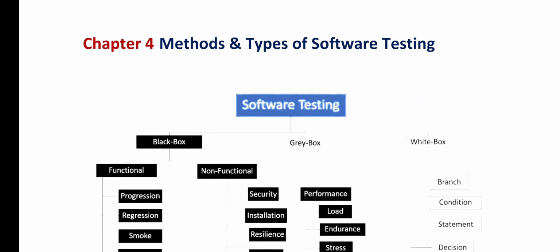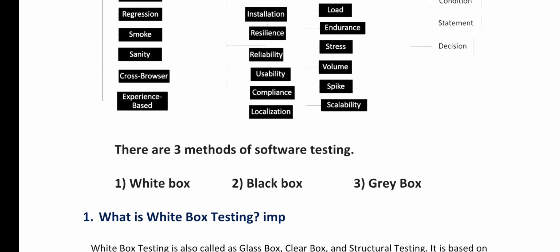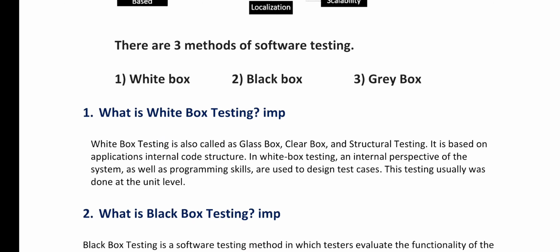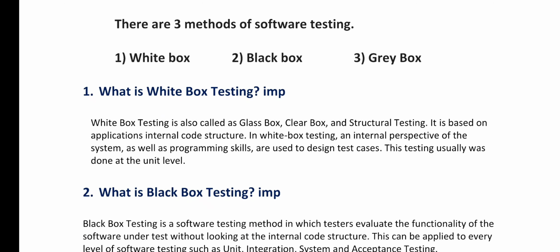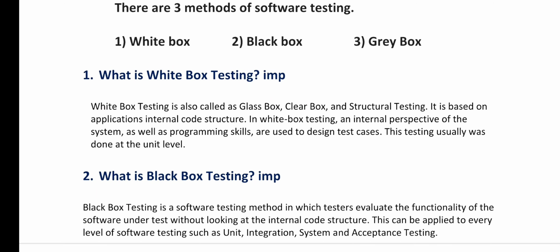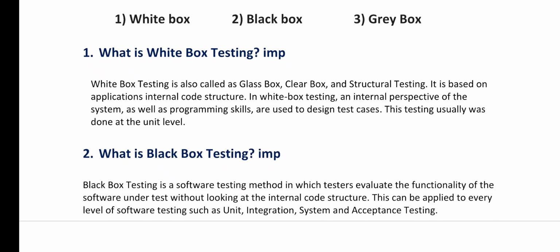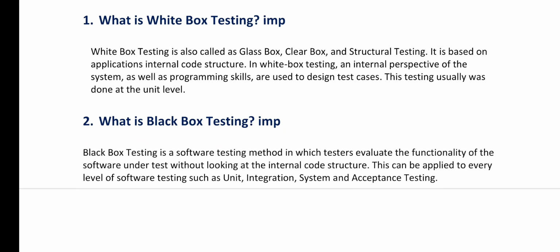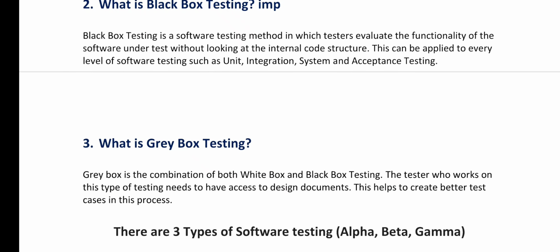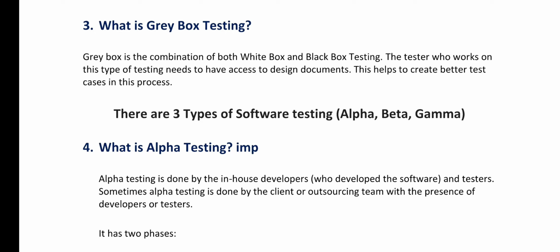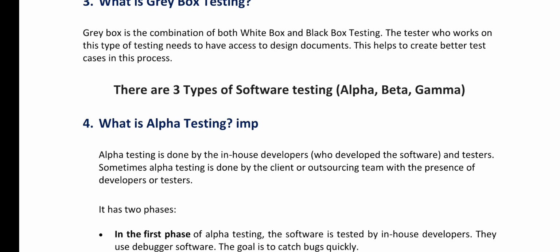In chapter 4 we have talked about the methods and types of software testing. Okay, so totally there are 3 methods of software testing: white box testing, black box testing, and gray box testing. White box testing, what exactly it is, what is black box testing, what is gray box testing, what are the 3 different types of software testing,